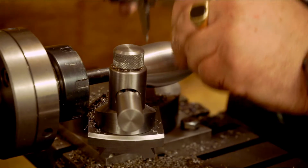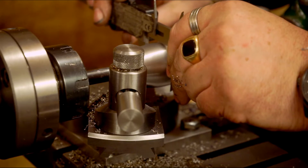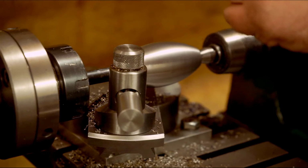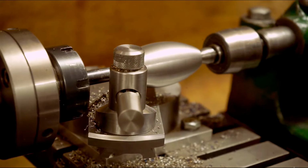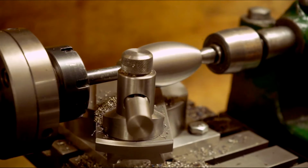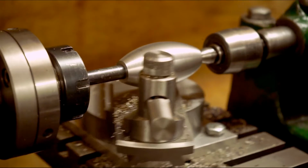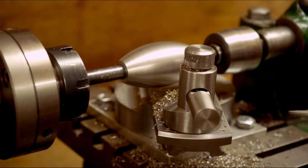Looks like I went over. I was shooting for 41 and I got 40.8, at 0.2mm under. That's a metric mile mark. And then with this back, with carriage back,